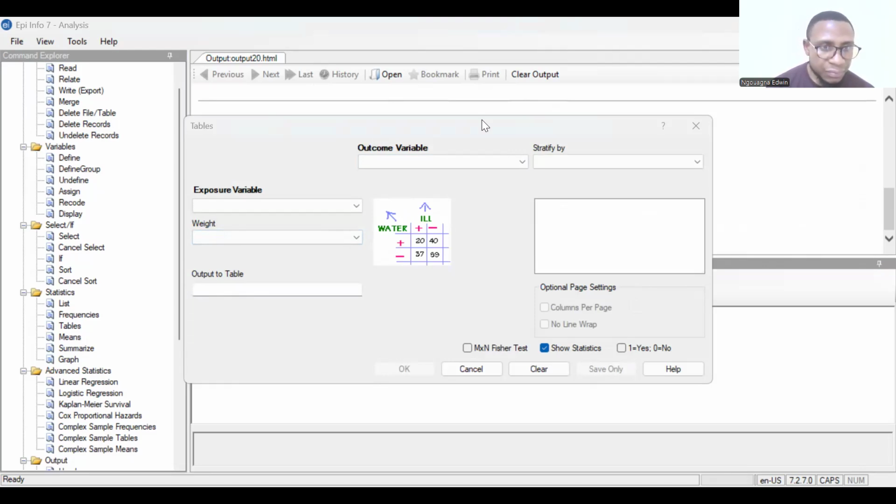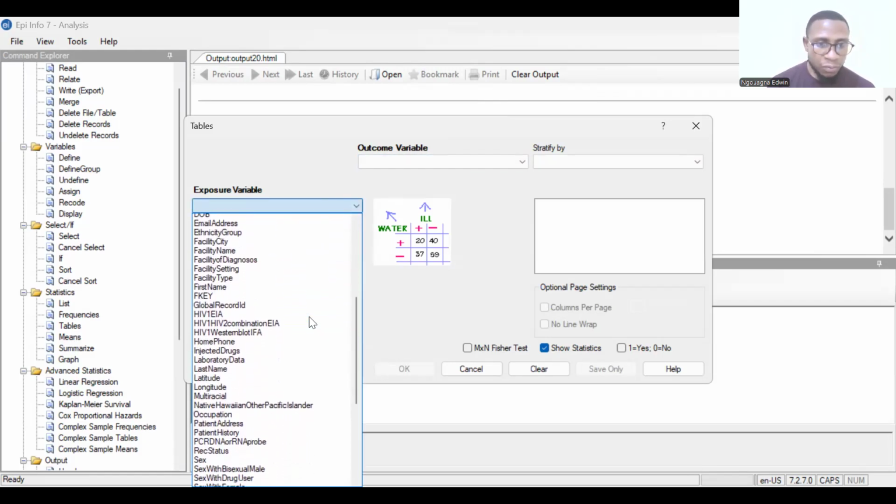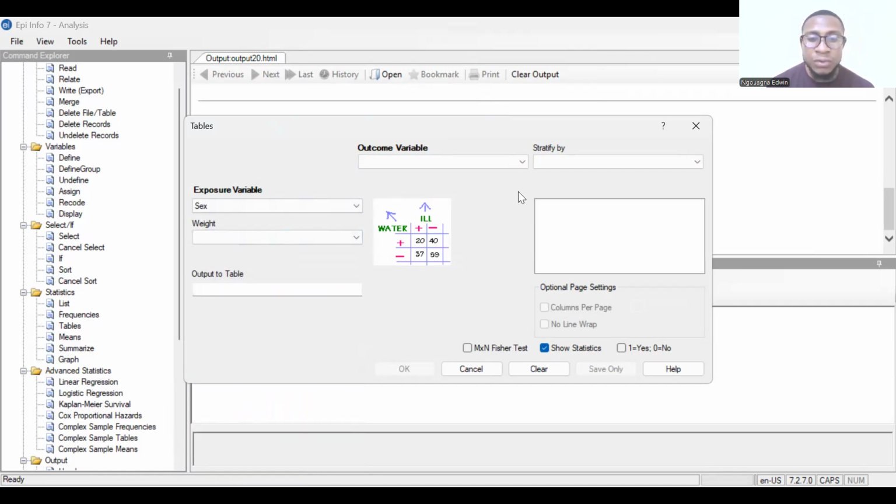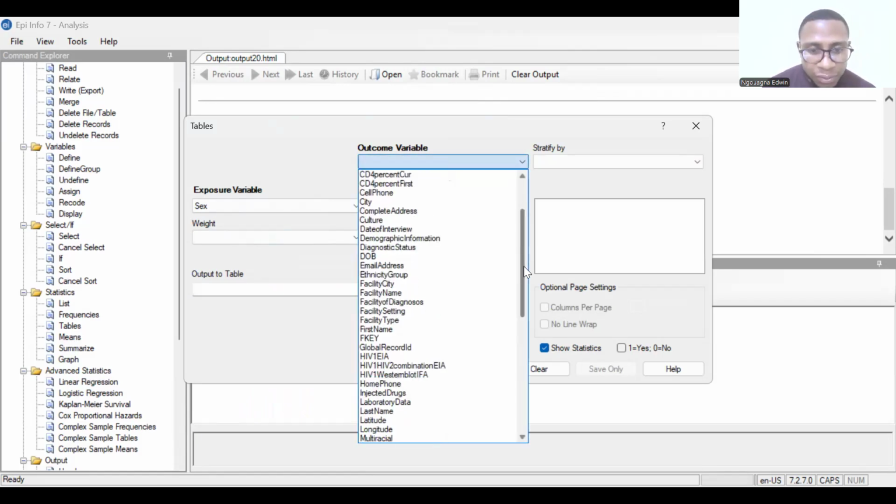You click on table, and then we see the exposure variable here. Of course, it's sex. If you are still new and you don't understand exposure and outcome, you have to watch our earlier videos. And then the outcome variable, let's look at the outcome variable, maybe